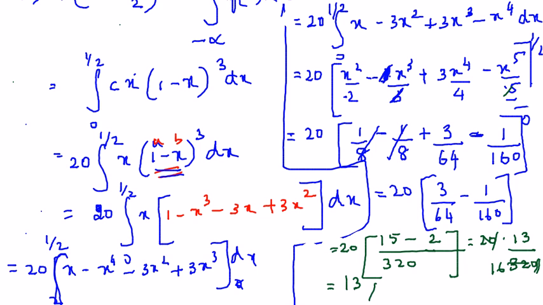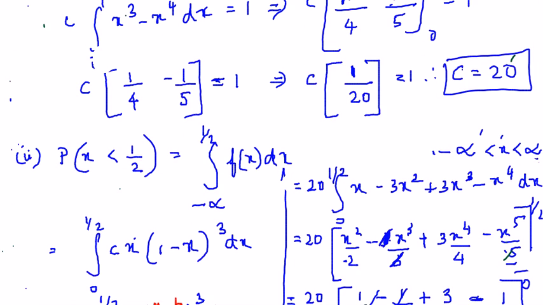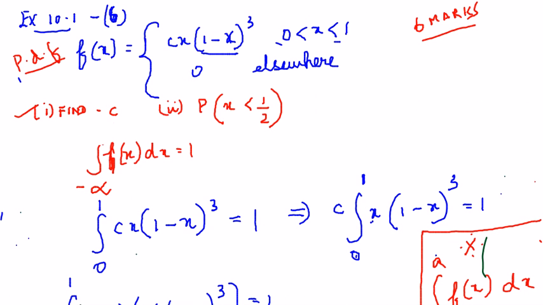Sorry, I don't have space here, so I've sort of crumpled it. But please make sure to give space and write it very neatly. So the probability of x less than half is going to be 13 by 16. That's all. So it looks a little bit complicated because you have a lot of substitutions to do, but you keep practicing it, you can master it.